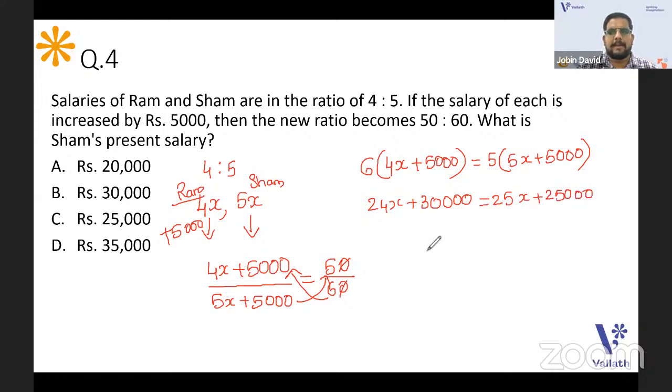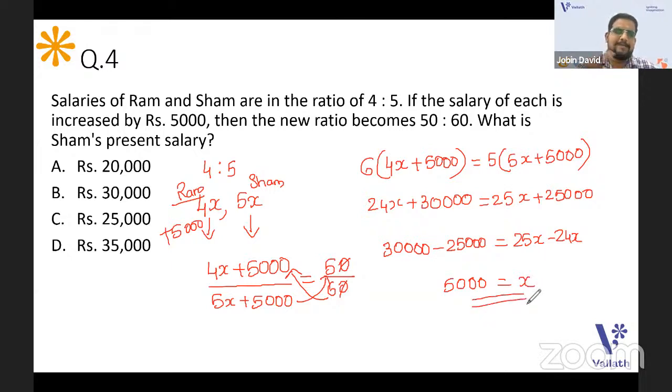Okay, when you multiply, open the bracket. And I will take 25,000 to the left. So 30,000 minus 25,000 is equal to 25X minus 24X. I am just transposing all those things and changing the sign. So here it will be 5,000. X is equal to 5,000. So the common quantity what we have is 5,000. What is asked is Shyam's present salary. So Shyam's present salary will be 5X plus 5,000 because the salary is increased. So what is 5X plus 5,000? 5 into 5,000